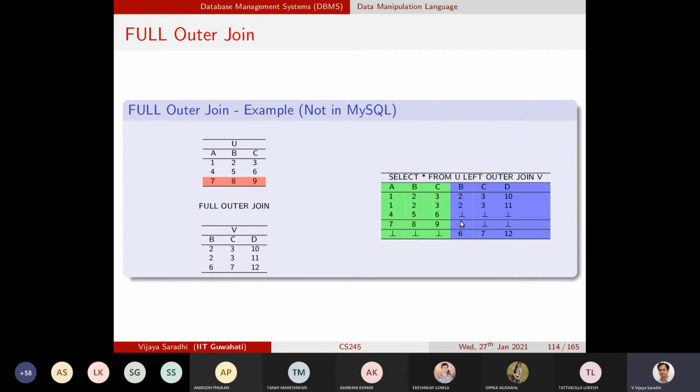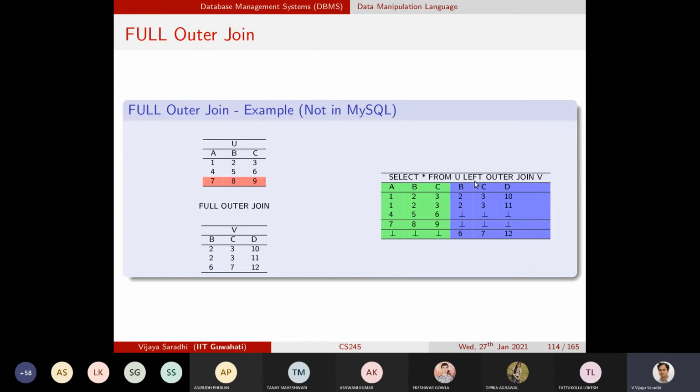So what it means is that the first four records are part of the left outer join, and the last row is part of the right outer join. And here I have to say that it's a full outer join. It's not left outer join.